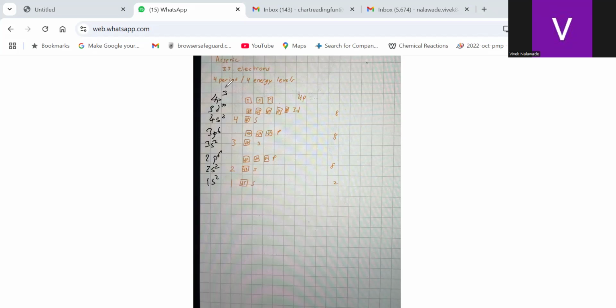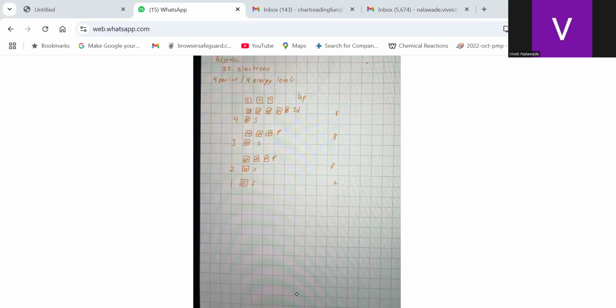This is what we did in the last class actually. I directly started with electronic configuration. However, I should have started with the orbitals and then gone to the electronic configuration. I realized that. That's fine. But have you understood this part? Yes. Okay. Now there are a few more concepts in this.